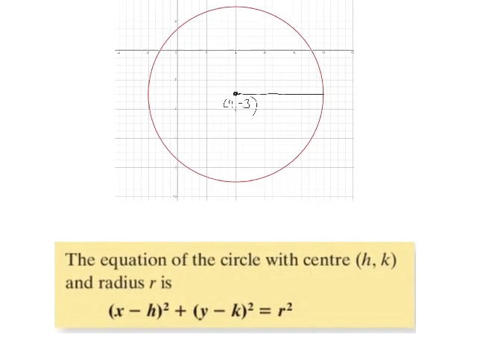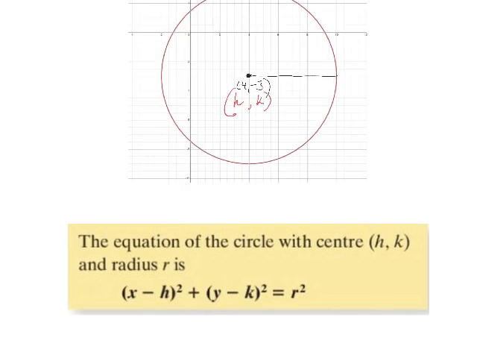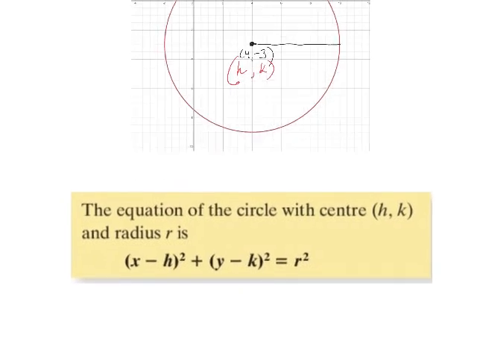And so the equation for this particular circle would be now, for a circle with a center h, k, we then have (x - h)² + (y - k)² = r². So if we call our center h, k, the x value would be the h, the y value would be the k. And if we put that into the equation now, we go (x - h) where h is 4, all squared,